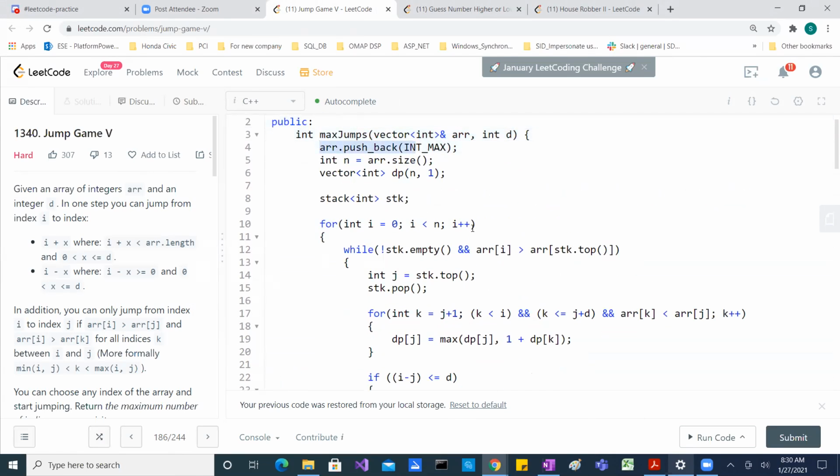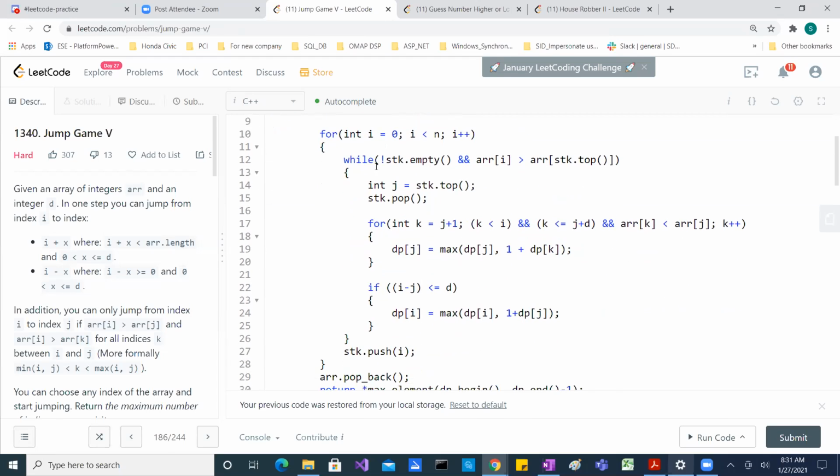The only thing is what he is doing to take care of the very end condition when you are at 12, because you still need to update the value of 12. So this is one edge case, an additional thing you have to do: push a very maximum value onto the input array, just to take care of the very end condition, which is the case for 12 in our case. This is an array which I am initializing with all values as 1, and this is my stack which I'll be using for the monotonic stack implementation.